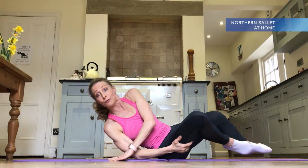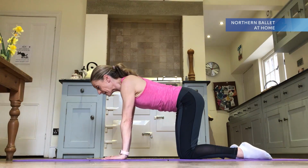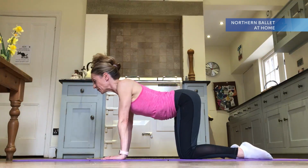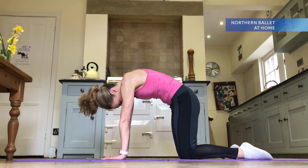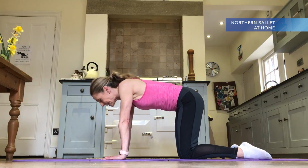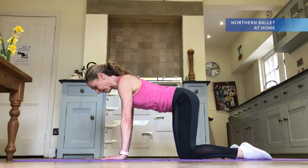Lovely. Let's just come up to our 4-point kneeling. And again, the cat exercise is really lovely for the back. All it is, tuck the tailbone, drop the head, arch the back to the ceiling, ripple through, and we're going to go to extension the other way. So we're going to go tailbone down, head down, and arch the back to the ceiling. We're going to ripple through, and we're going to go the other way. Tailbone down, head down, back, and we're going to ripple through the other way, and come back to your 4-point